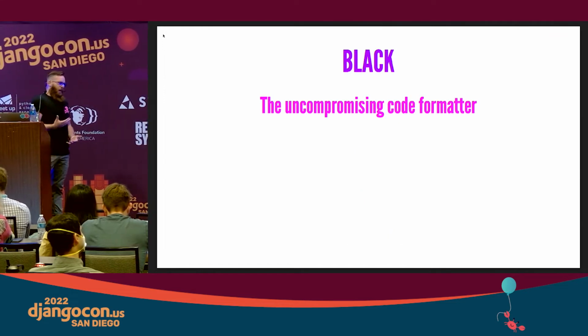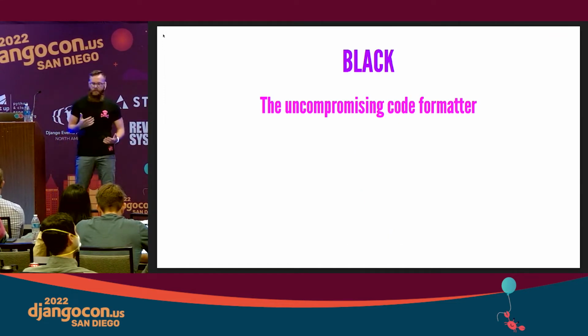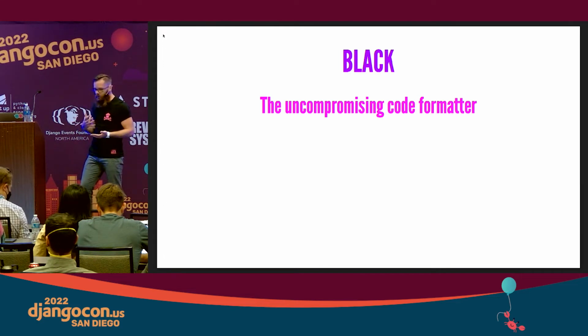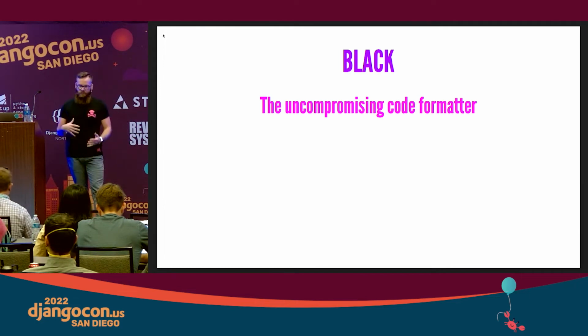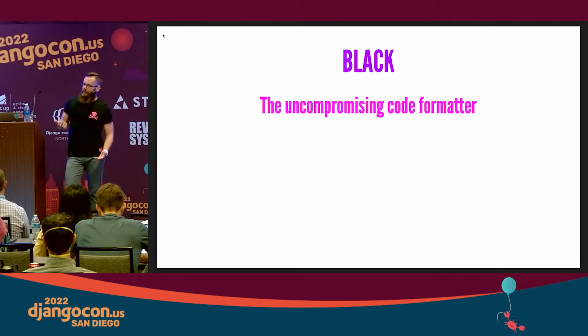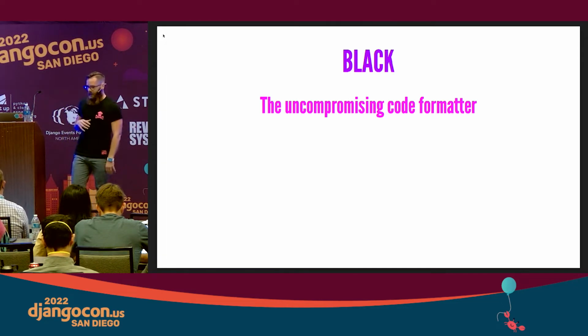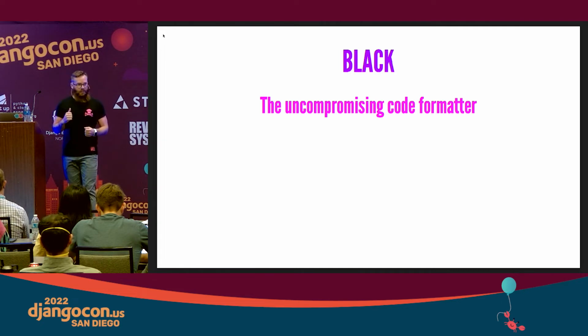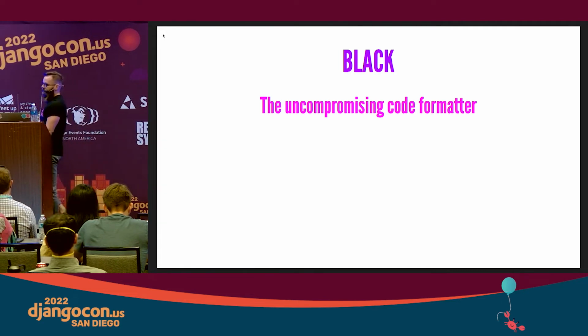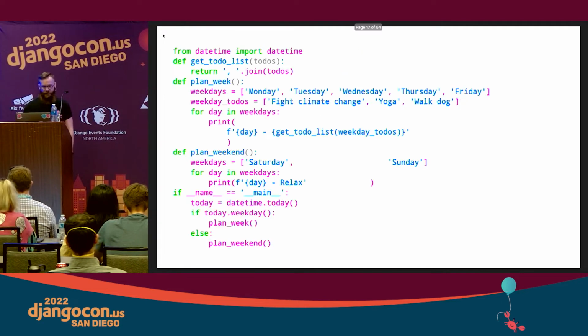First, a thing we use a lot is called Black. It's kind of like a linter. I throw it in here because I think it's really cool. Black sells itself as what's called an uncompromising code formatter. I know in the Python community, we're all used to whitespace, and maybe you came to Python and you hated that at the beginning, and if you're like me, now you embrace it. But we still have our own stylistic differences in the way we format code, even though we are in a whitespace-based language.